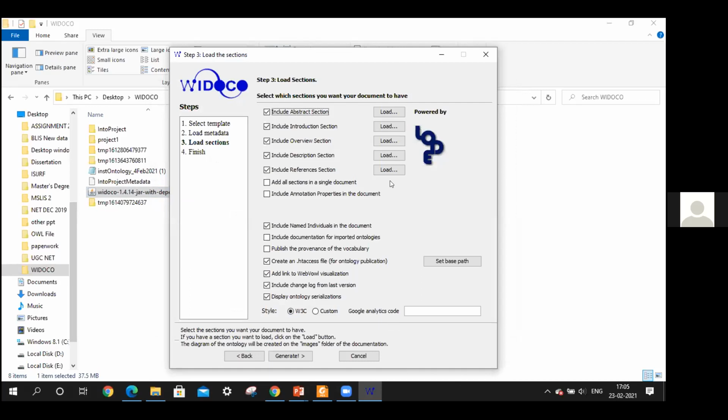As the abstract and all that information was previously loaded, we are not loading anything. We will click on this option, add all sections in a single document.